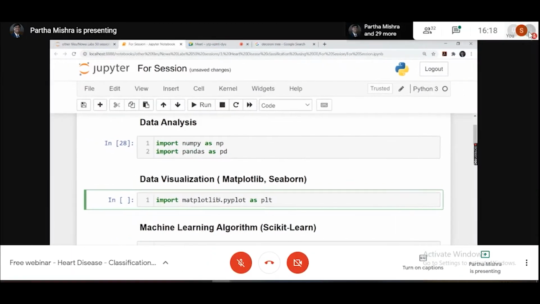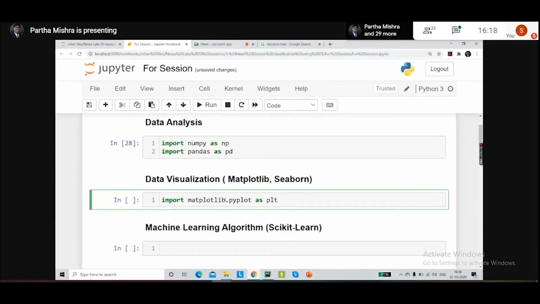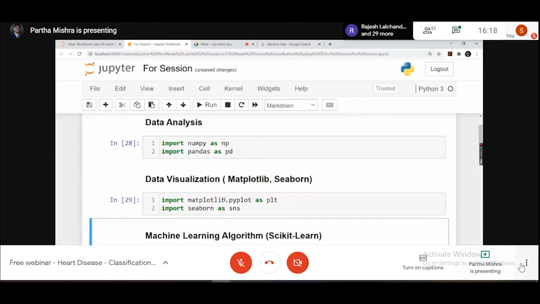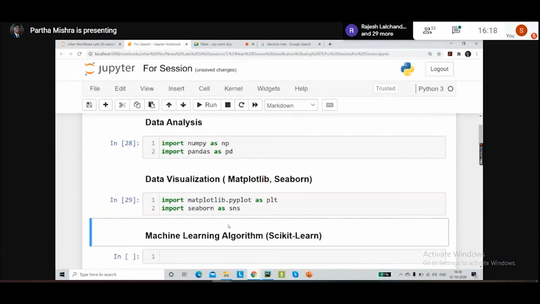And the alias for pyplot is nothing but plt. Similarly, we have to import Seaborn, and the alias for that is sns. Okay. Now that the basic libraries for data analysis and data visualization have been imported,